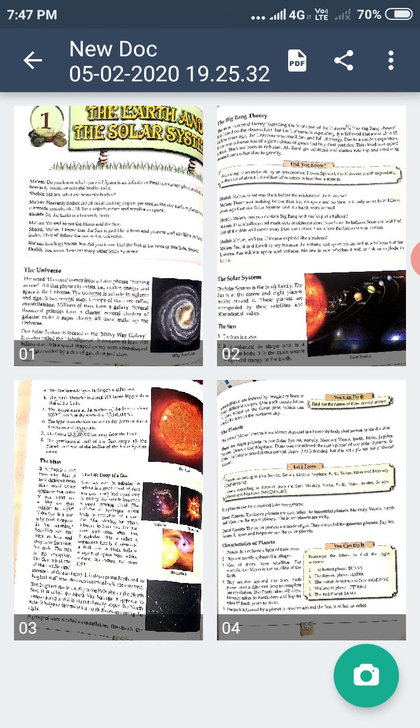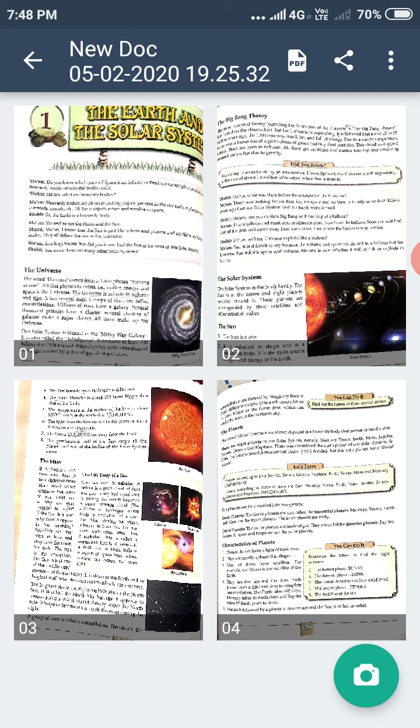Now, students, when you watch the night sky, you can see certain groups of stars, and sometimes we can find that these stars form certain shapes. These groups of stars are called constellations. One such constellation is Ursa Major or the Great Bear, which can easily be seen in the northern sky.